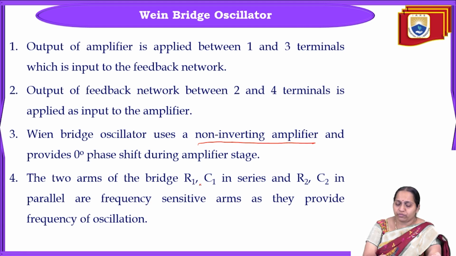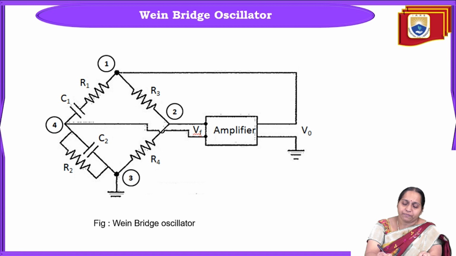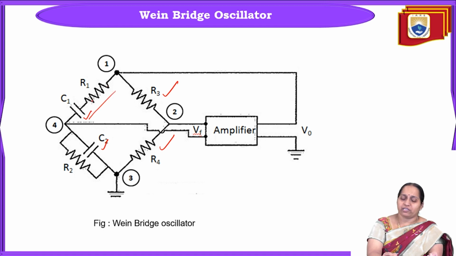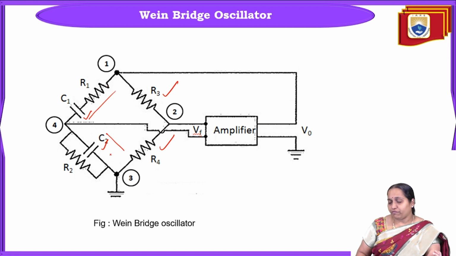So the two arms of the bridge, R1C1 in series and R2C2 in parallel, are the frequency sensitive arms. We can see from this figure that these two are basically only resistors. They are not going to decide the frequency, because frequency depends basically on reactive impedances. So these two branches, R1C1 in series and R2C2 in parallel, are going to determine the frequency of